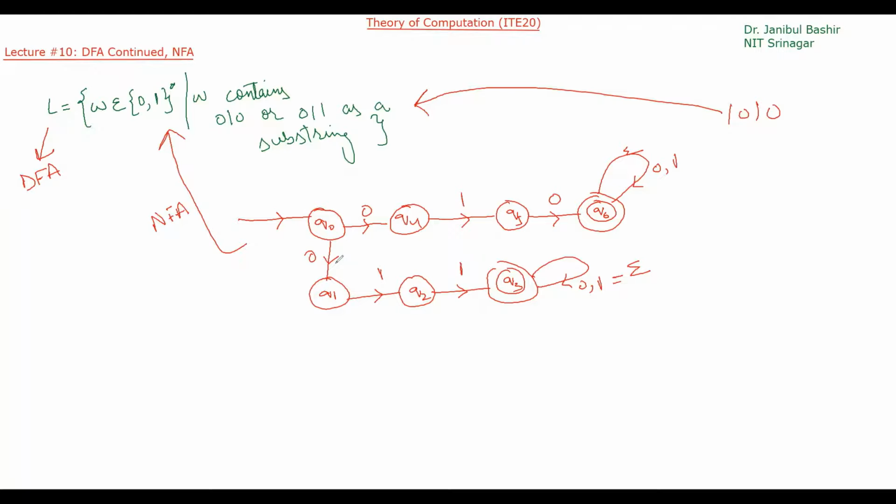Okay, so it rejects this particular string in that scenario if we don't have this particular edge. So this edge is important. This edge means if 1 comes, it will remain here. Then if 0 comes, it will go here, then to the Q6 state, and it will accept the string.